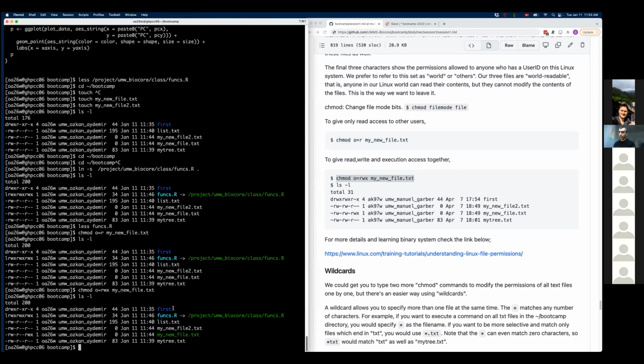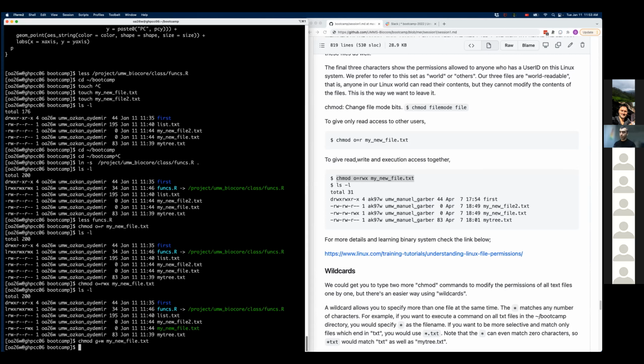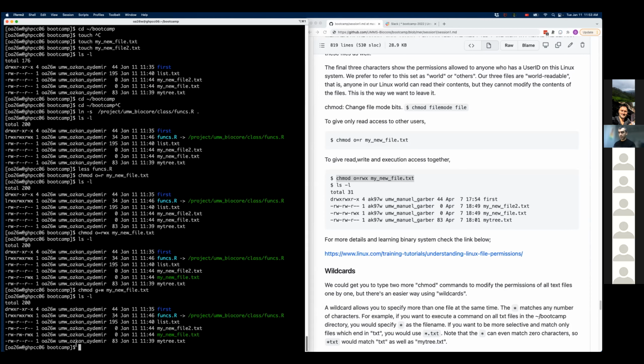Another way of doing that, for example, if I want to give the group write permission, is group plus write. Then it would give the group write permission. Instead of giving exact things, you could add or remove permissions with plus or minus.